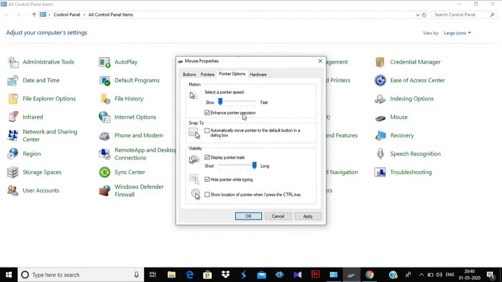In intermediate, see, two and three pointers are visible at a time. So this is the pointer trail, means if you are moving the pointer, it looks like its tail is moving with it. So this is pointer options. This much is there in changing the mouse setting.